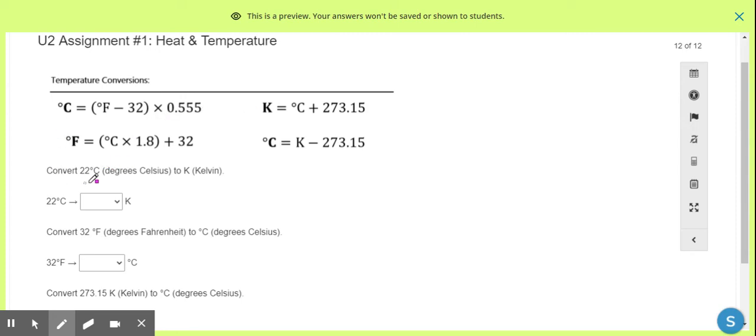So let's look at this first one. Convert 22 degrees Celsius to Kelvin. All right. So in this case, I'm starting with Celsius. I want to convert to Kelvin. So I want K equals, which is what I've got here. Okay. So I'm going to be taking this 22 degrees Celsius and plugging it in. All right. So K for Kelvin equals 22 plus